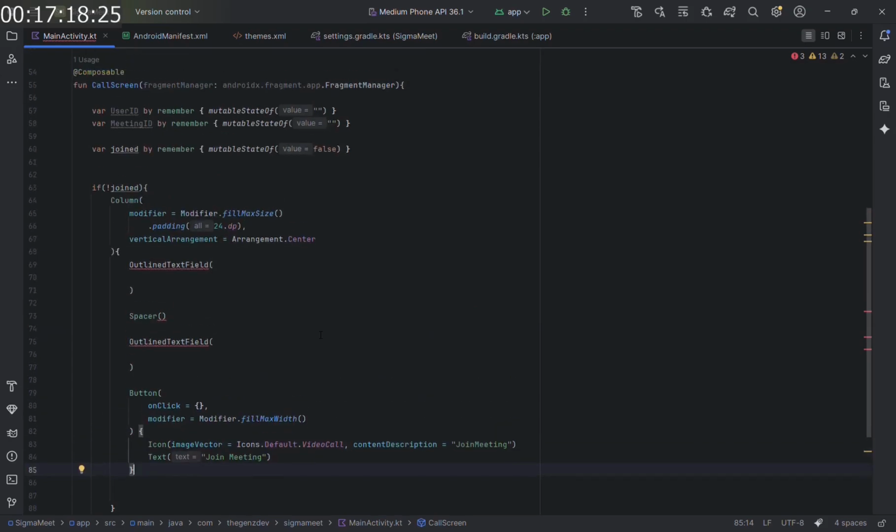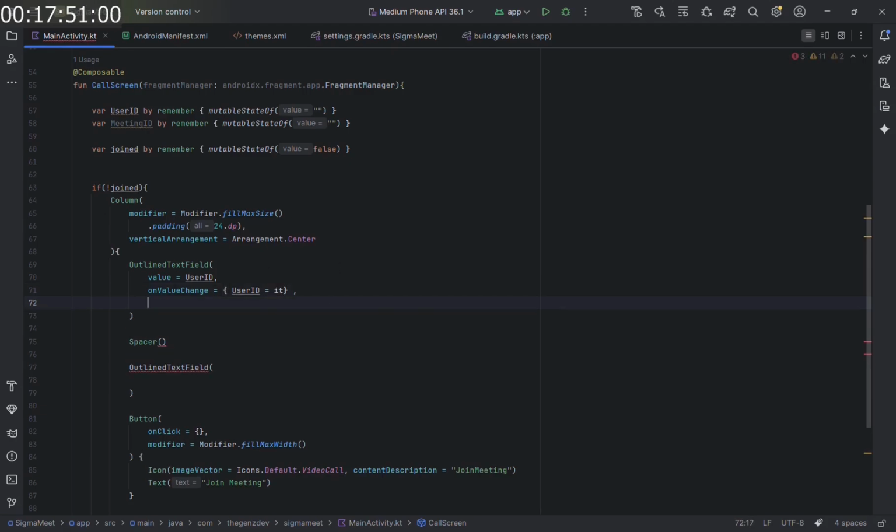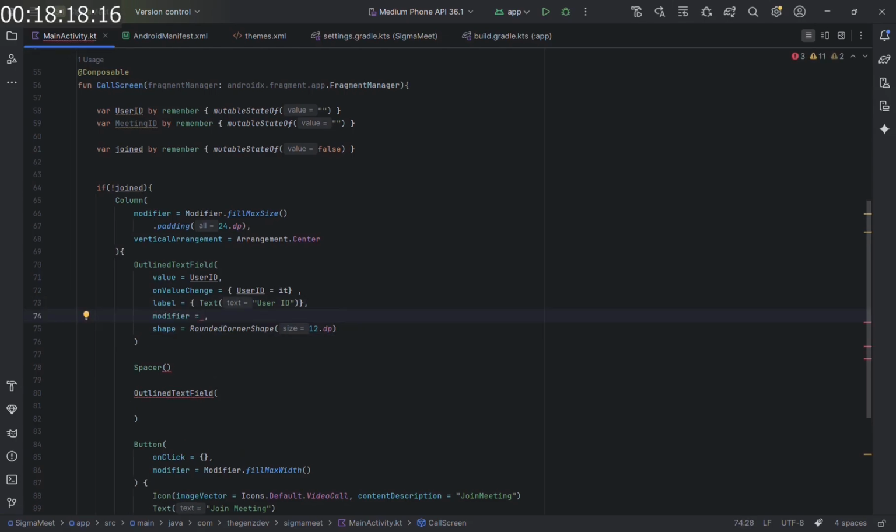Okay. So now we're going to define the outlined text field, which would be value equals user ID, and on value change, it's going to change the value of user ID to the one that you enter, and then it's going to have a label, which is, of course, user ID, and it's going to have a shape, rounded corner shape, 12 dp, and also a modifier. It's going to fill max width. Okay,